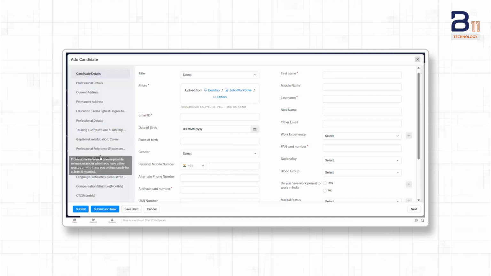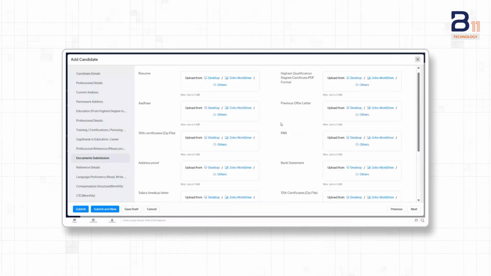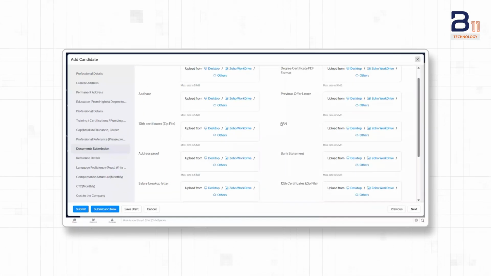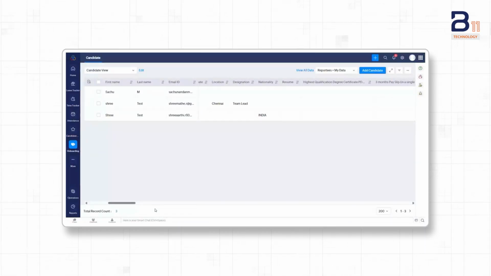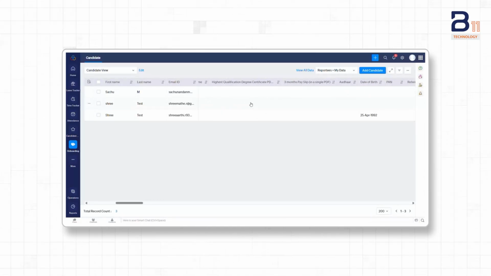As you can see, document submission is part of onboarding. Once the candidate is hired, they need to fill this onboarding form. This intimation will come to their email ID, and they have to fill all these details. Zoho People will generate a portal for the candidate for this onboarding itself. Once they fill all the details, the candidate onboarding is automatically completed. Also, in candidate onboarding we can